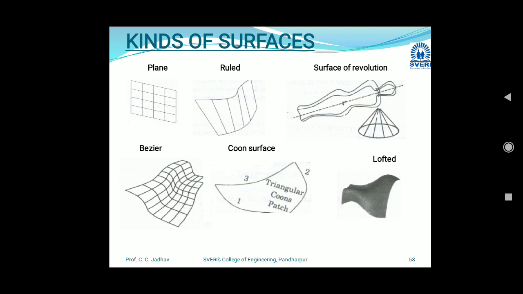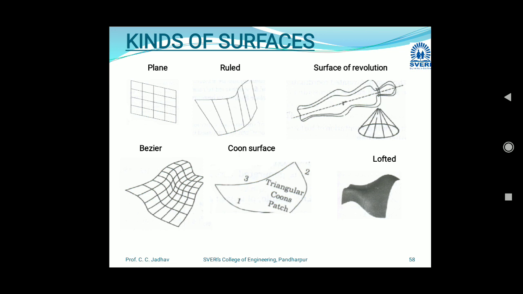Next, Bezier surfaces. This is a surface that approximates given input data. It is different from the previous surfaces in that it is a synthetic surface. Similar to a Bezier curve, it does not pass through all the given points, but it is a general surface that permits twists and kinks. The Bezier surface allows only global control of the surface. So this is about the Bezier surface.